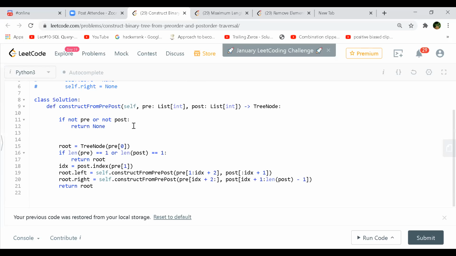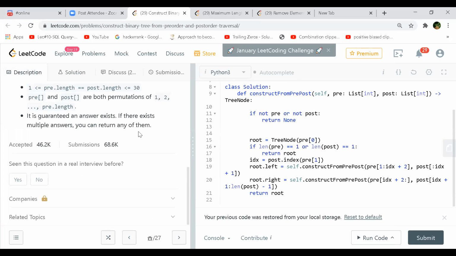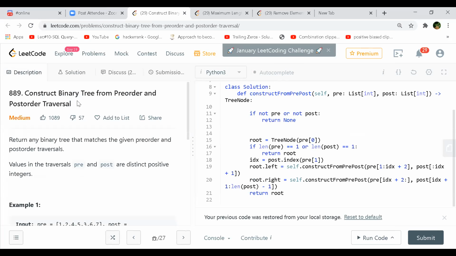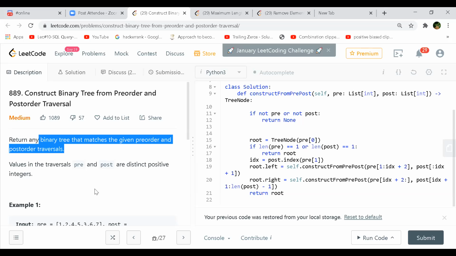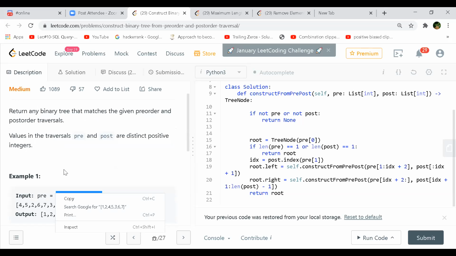Can we use binary search as the pre-order is sorted? This is not a binary search tree. This is a normal tree, right? It says return a binary tree that matches. Otherwise, it would be easy. If it is a binary search tree, we will take the in-order, I mean the sorted order will give the in-order, and once you get the pre-order, you divide the in-order into two halves, left half and right half. That makes sense. But that's why this one is a little bit tricky, because it's a binary tree.